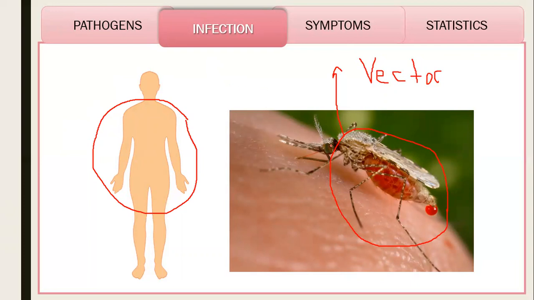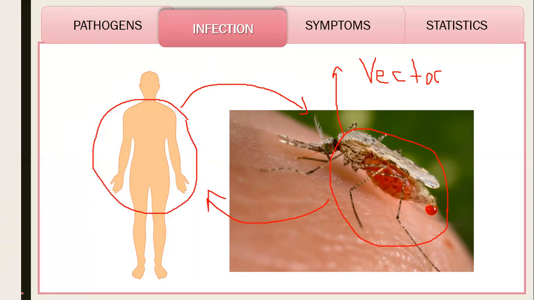The primary host is the mosquito, and the secondary host is the human body. Of course, mosquitoes don't become ill, but when Plasmodium parasites enter the human body, they cause malaria disease. And of course, for the parasite to finish its life cycle,